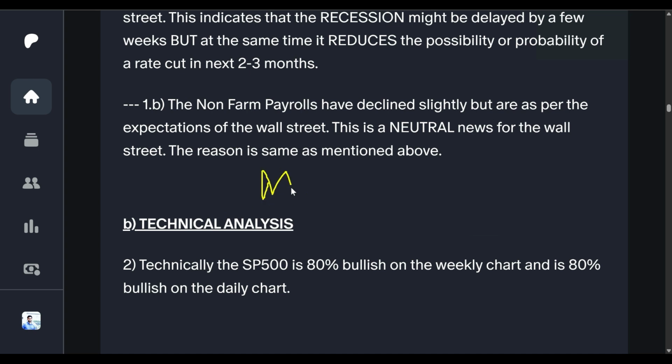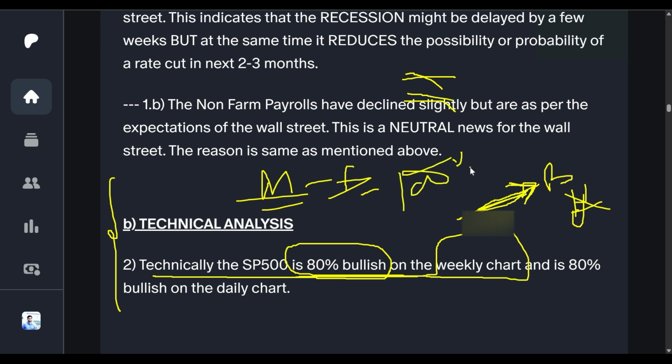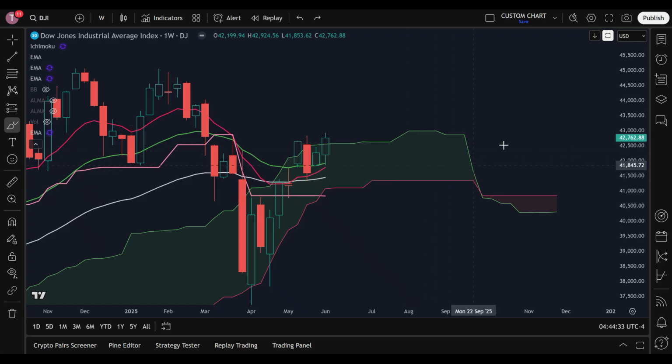This is why again and again from Monday itself, until yesterday, I kept on mentioning in my pre-market analysis to my Patreon community members that technically the S&P 500 is 80% bullish on the weekly chart. And when the S&P 500 yesterday at the time of closing confirmed that there will not be any more fall, and there is no condition wherein we can say that there will be a bearish slip in the moving averages, at the end of the day it was very much clear that now the S&P 500 is 100% absolute bullish.